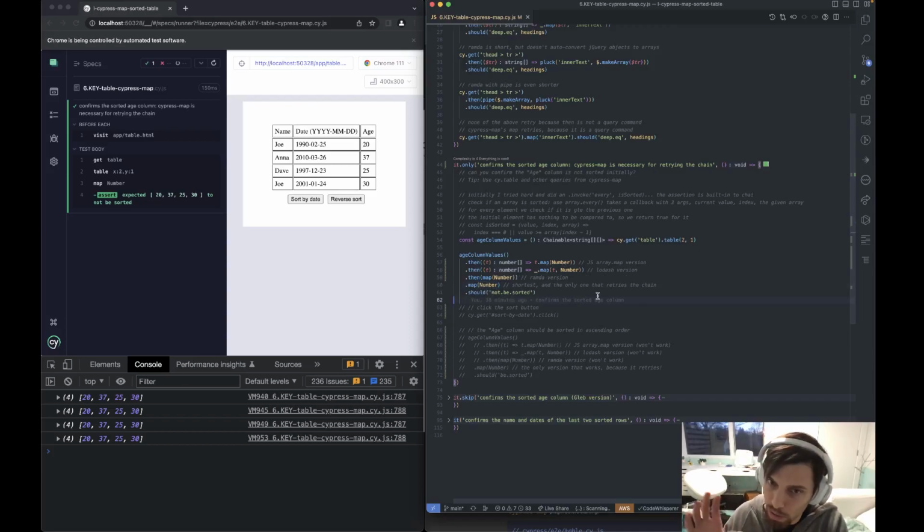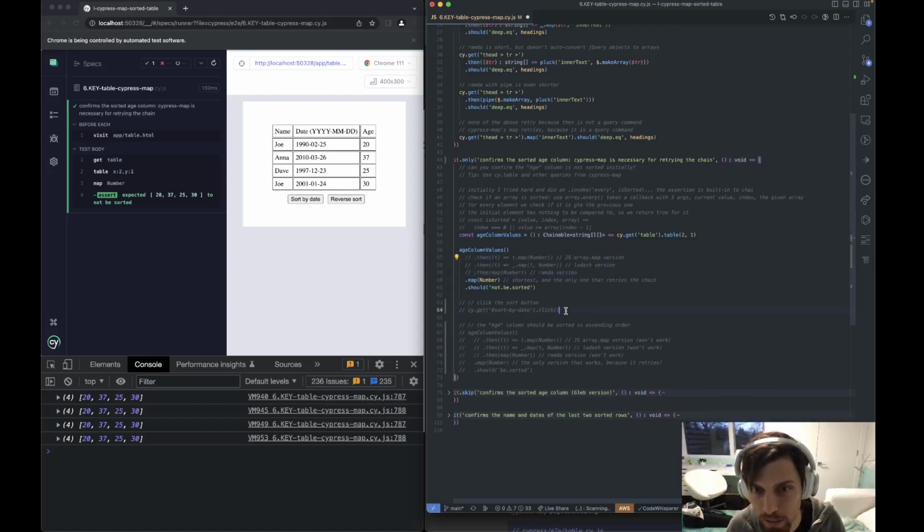So this gives you a very concise version of things, where Cypress Map is so much less code than everything else. But that's not why you really want it, right? You really want it because here's the simple trick that happens. You click this button and then you'll see the table change in a random amount of time, right? So you sort with the button and then in some amount of time, it should get sorted, right? So let's do this with